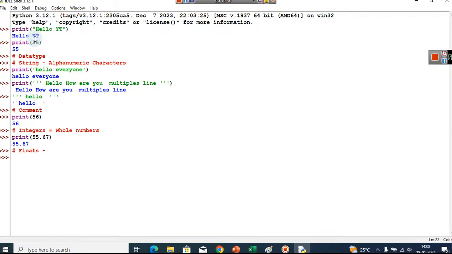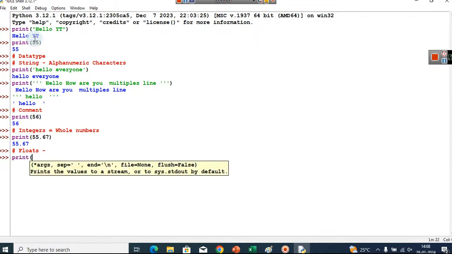After this, we also have a complex data type. Complex is also classified under numbers in Python, and that's why you don't have to use any single or double quotes, but it is written something like 3 plus 4j.